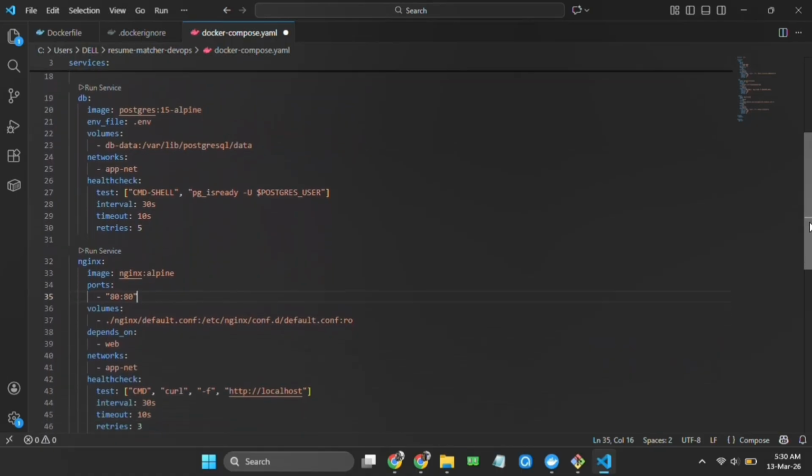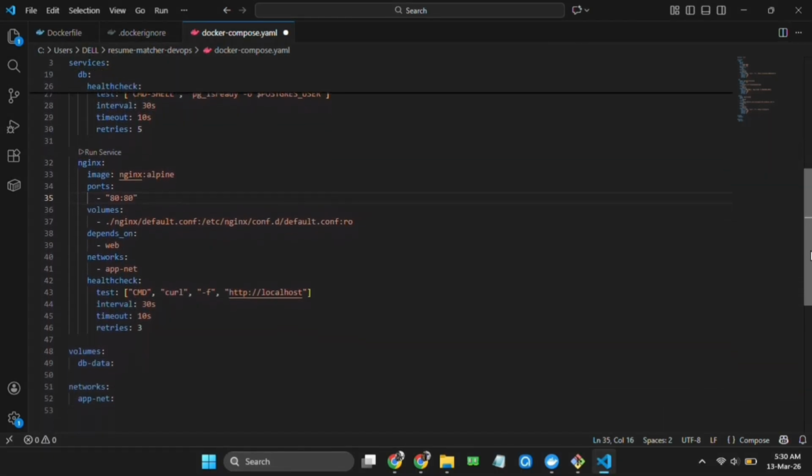Now Nginx as a service stack in a Compose file. This uses Nginx Alpine as a base image and maps port 80 on the host to the container's port 80. This mounts a custom Nginx configuration, that is default.conf, into the container read-only. Depends on web. This ensures that the app is up before the proxy starts. That means Nginx as a service depends on web as a service stack, which I explained before.